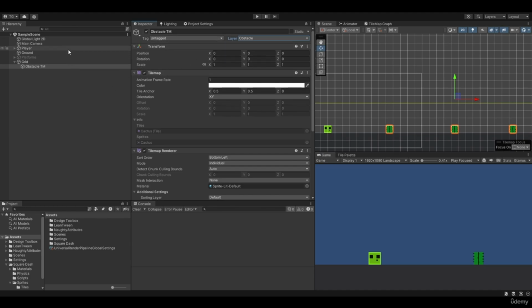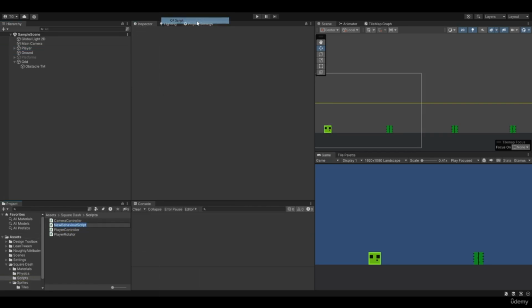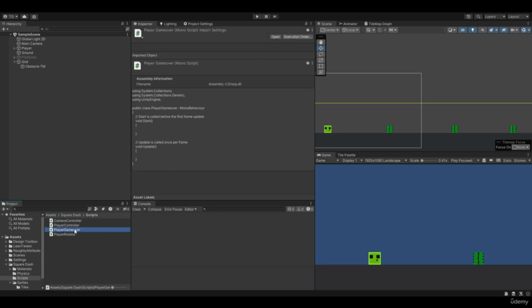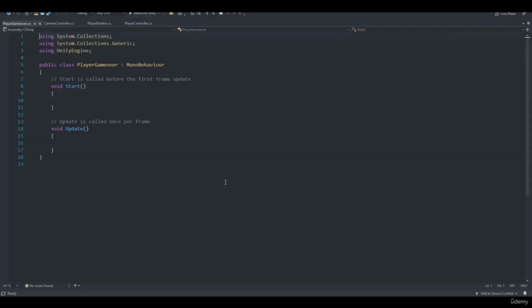And now we can add a new script to the player to detect game overs. So let's right click, create a new C# script, call it PlayerGameOver, and wait for it to compile. All right, when it's done, I'm going to grab it, attach it to the player, and open it. All right, let's now detect collisions. So for that, I'm simply going to use the OnCollisionEnter2D method and check if we've collided with the obstacle layer. So if